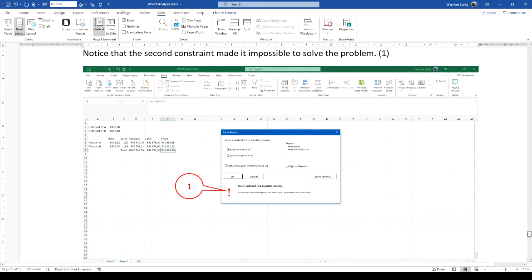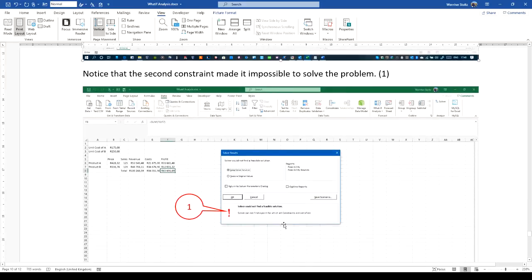The solver will come back, and you'll see that exclamation mark, and there's a message. Solver cannot find a point for which all constraints are satisfied. So one of your constraints stops this solution from being solved. So what we need to do is we need to go back, press OK,